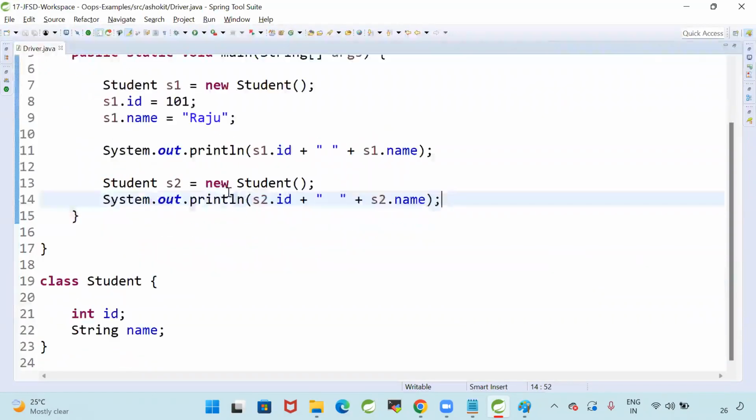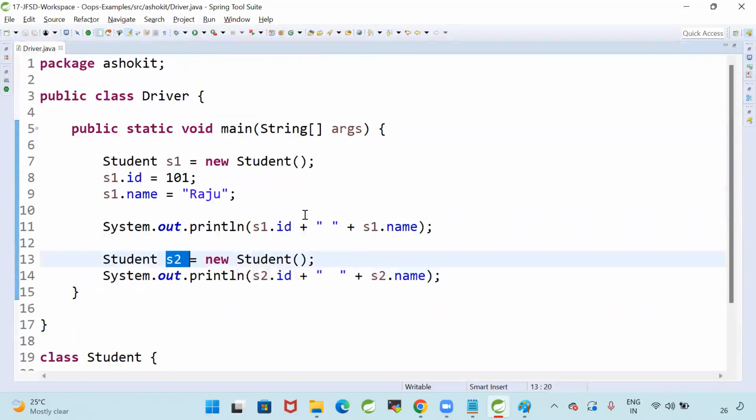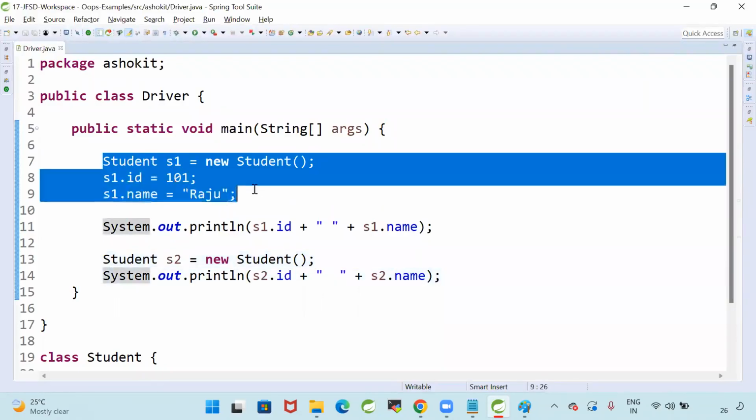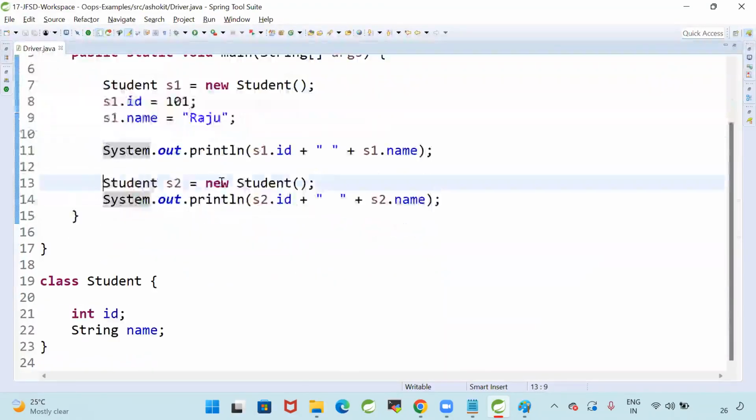I am not initializing the object. Every object will maintain its own copy of the instance variables. First, only the s1 object I have initialized. The s2 object I have not initialized. It is initialized with the default values. Are you clear? Good. Now my requirement is